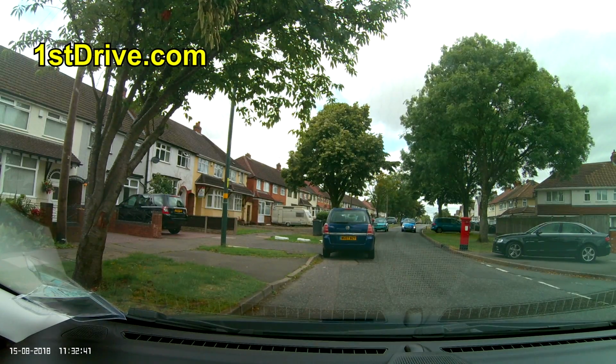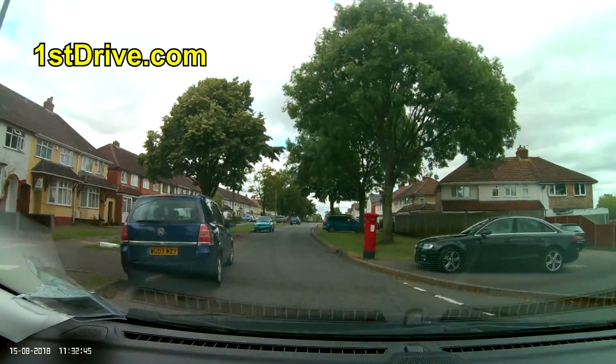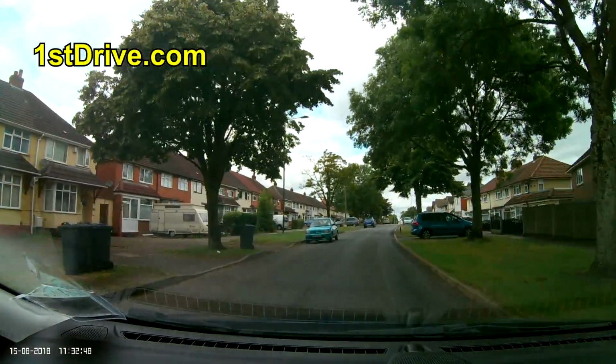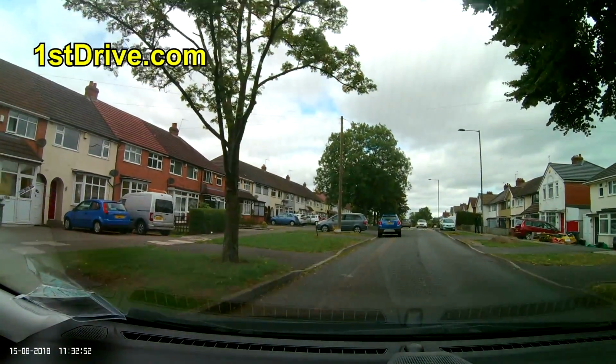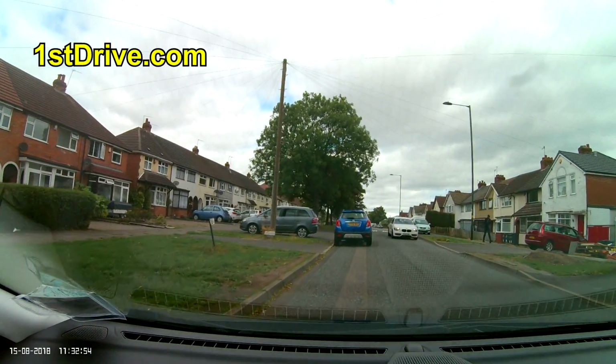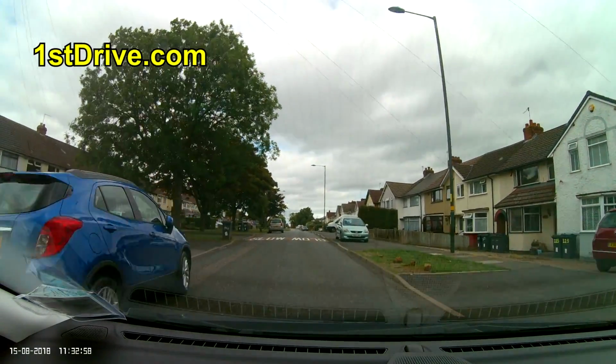Hi everyone, so I'm just trying out my new dash cam. This is the Mobius Maxi, and I've just got two of these fitted to the front and the back of the car. Now in the past I've had the Mobius 1 and the Mobius 2, and they were both great cameras. The Mobius 2 did have some issues with it, so they've now discontinued that, and this is effectively the